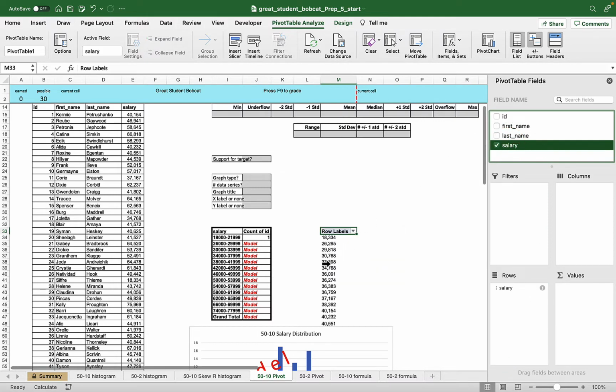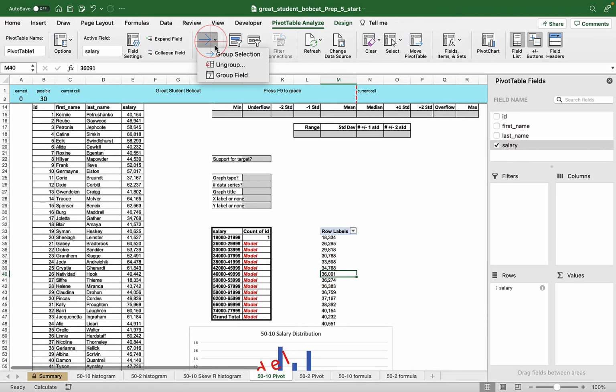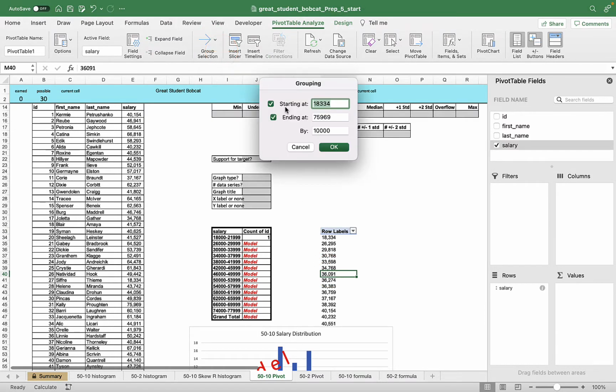and you'll notice here that we don't get these salary ranges. They're all clumped up together. Not exactly what we want. We want them in ranges. And you'll notice the range goes here from 18,000 to just under 22,000. So basically it's a $4,000 range. So the way that we get that to happen is we simply go to group selection here, and